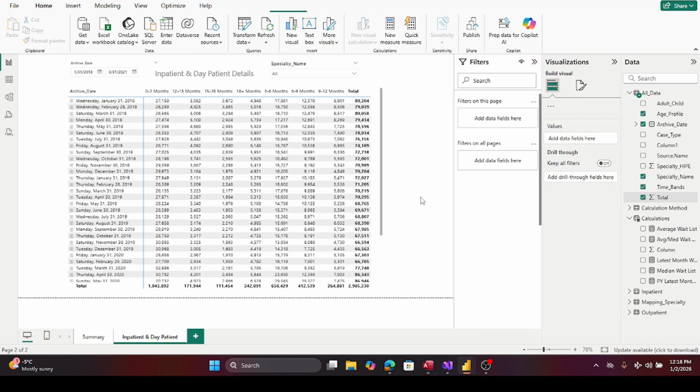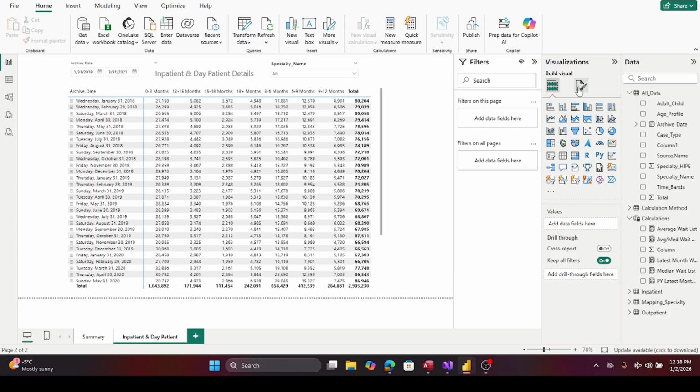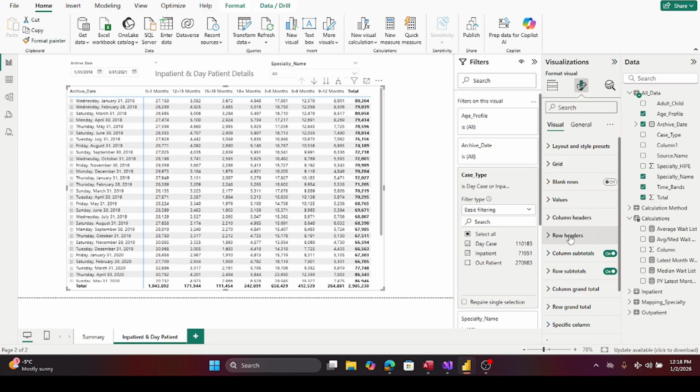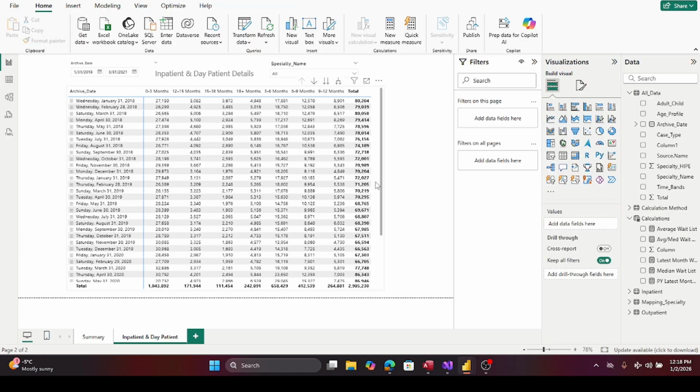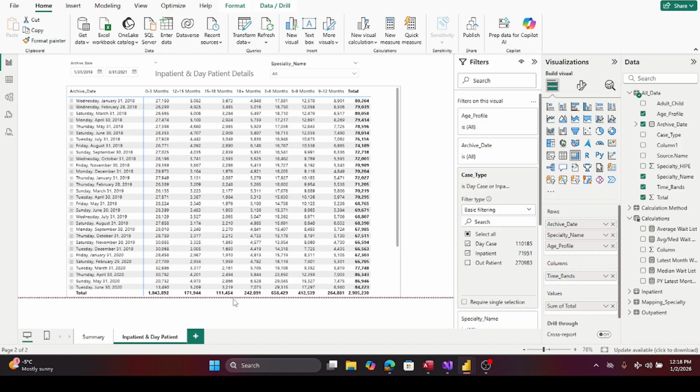Okay, and we don't need these totals. Okay, let's make these totals because these are sums of these. Okay, the next thing we need is